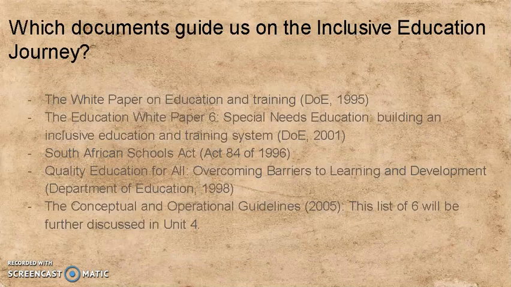As I mentioned earlier, the Addressing Barriers to Learning textbook, page 18, lists the guiding documents that we need to consider within this field. In this video, and the ones to follow, we'll be focusing on the videos that I've uploaded to the Moodle platform. We'll be looking at the White Paper on Education and Training from the Department of Education in 1995, the Education White Paper 6, Special Needs Education: Building an Inclusive Education and Training System, Department of Education 2001,